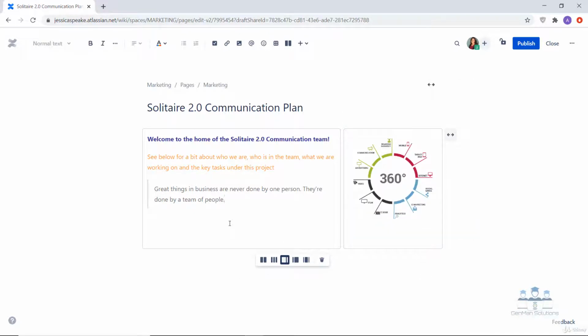Now let's add more details to the page by giving a brief introduction about the team who is working on this particular plan. To do that, I'll add one more layout structure. So let's choose 3 columns this time. In the first column, we will capture brief information about the team who is working on this project. In the second column, we will add the team members. In the third column, we will add some details on the project they are working on. So I'm just copy pasting the text here to save time.